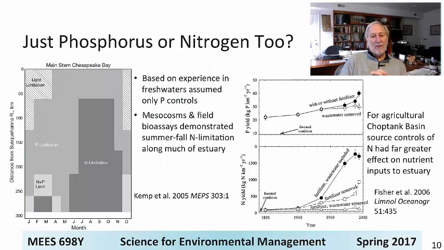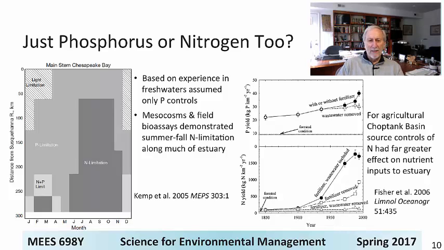So one of the challenges that face the bay, because it is an estuary with a range of salinity conditions, is that the dominant paradigm when these issues of nutrient over-enrichment rose up was that, like the Great Lakes, like a lot of freshwater environments, and even like the freshwater tidal Potomac below Washington, where improvements were seen by controlling just phosphorus from wastewater treatment and the like, when coastal scientists began to raise the concern that nitrogen was also a factor, it was resisted by the managers in the political community as too costly, unproven.